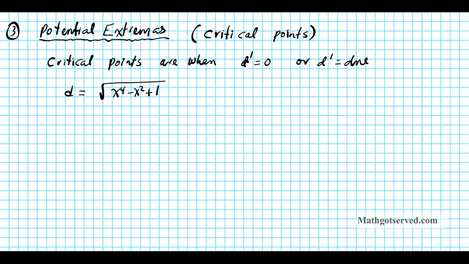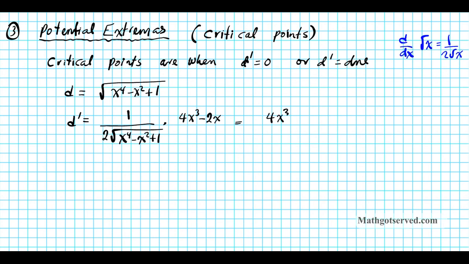So let's differentiate this. Remember the differentiation shortcut for radicals. d dx of the square root of x is equal to 1 over 2 root x. Okay? So we're going to apply that here. We also have to apply the chain rule here since we have an inner function. Okay, so let's differentiate. d prime equals 1 over 2, differentiating the parent function and holding the inner fourth power polynomial fixed, times the derivative of the inner function, which is x to the fourth minus x squared. If we differentiate that, we will have 4x to the third minus 2x. Okay, so our derivative is 4x to the third minus 2x